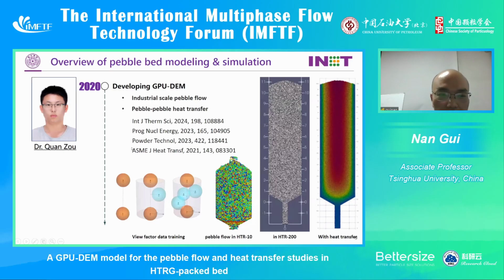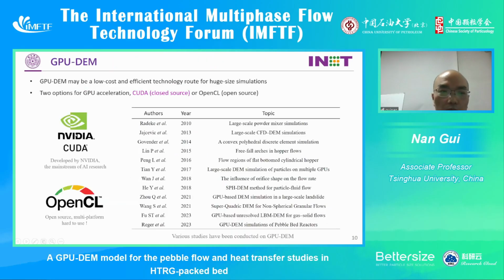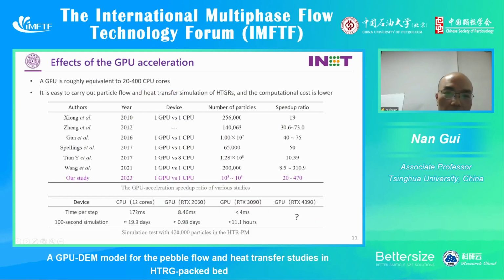Basically, there are two approaches to GPU-DEM. The first is using NVIDIA graphics cards with CUDA programming. The other approach is using OpenCL. We use the first, and this table lists the number of GPU-DEM works, and also a number of researchers, where they compare the performance of one GPU versus one CPU. And this is our study, where we simulated from 1,000 to 1,000,000 particles,